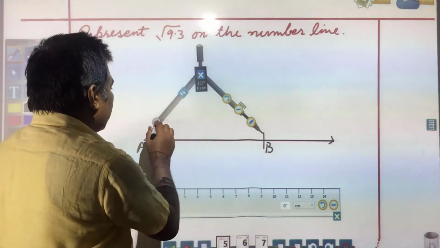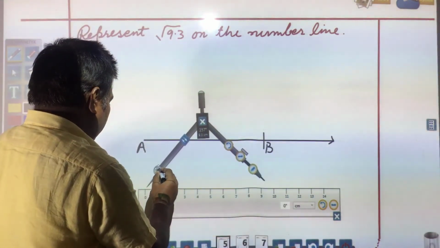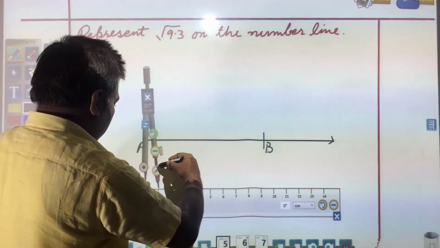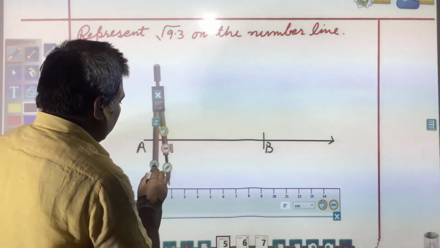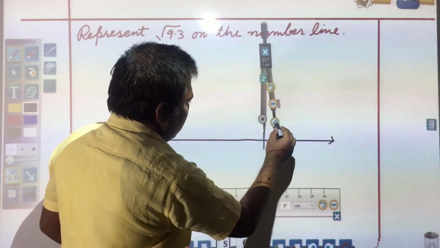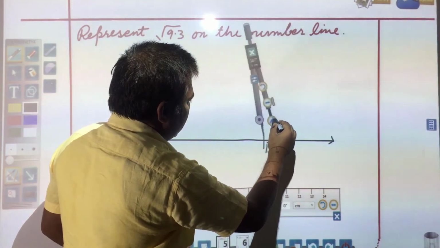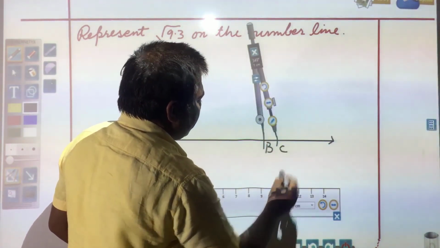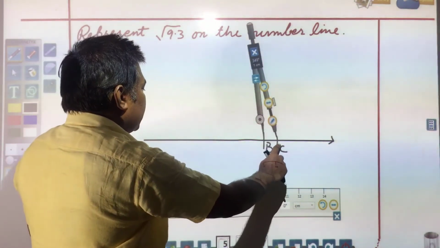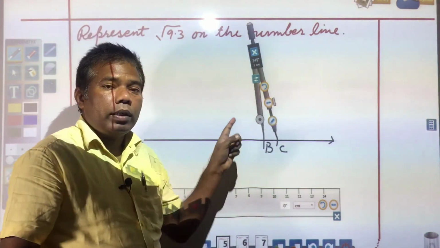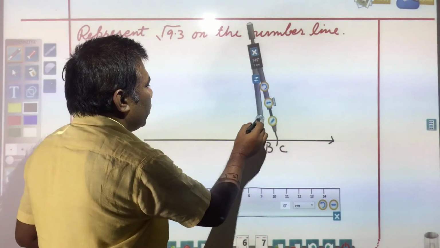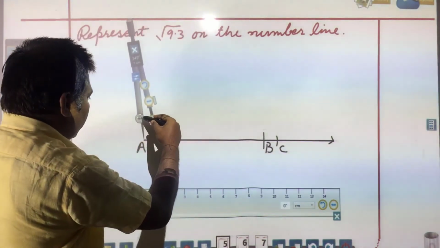So, 1 unit you measure, see this is 1 unit. So, now you mark on here like this, this is your C. Now, what I was told, AC is required to be divided into 2 parts, so that midpoint you can find out. So, for that what you need to do, you put your needle over here,